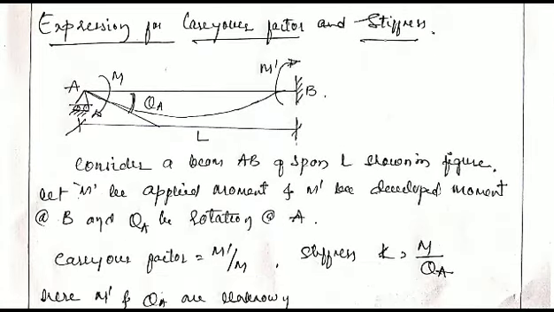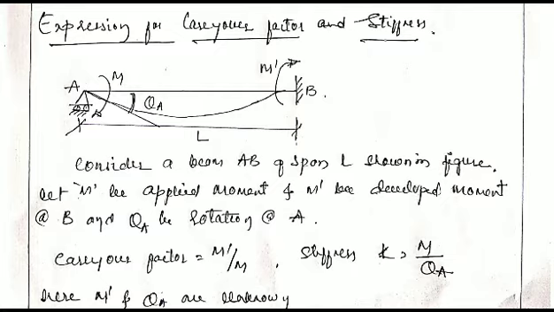So all that we got is in terms of unknowns only. So let us make the only given quantity the moment here, over which we can analyze things. So, the expressions for carryover factor and stiffness. The carryover factor is M dash by M, where M dash is unknown and M is a known quantity. For stiffness, we know that K is equal to M by theta A. To know the value of K, you should know the value of M that is applied, but theta A is in unknown form. So convert that theta A into the M form, as well as in the carryover factor, find the value of M dash, what kind of moment is developed due to the applied moment.